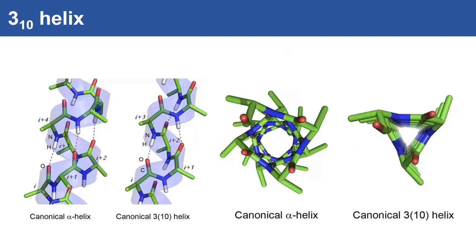A 3-10 helix is a variation of an alpha helix. It's a helix as well, much less common. Alpha helix is much more common. On the right-hand side, you have a canonical alpha helix, and then you have a canonical 3-10 helix. You can see how the bonds interact a little bit differently. You can also see from the top view that the canonical 3-10 helix